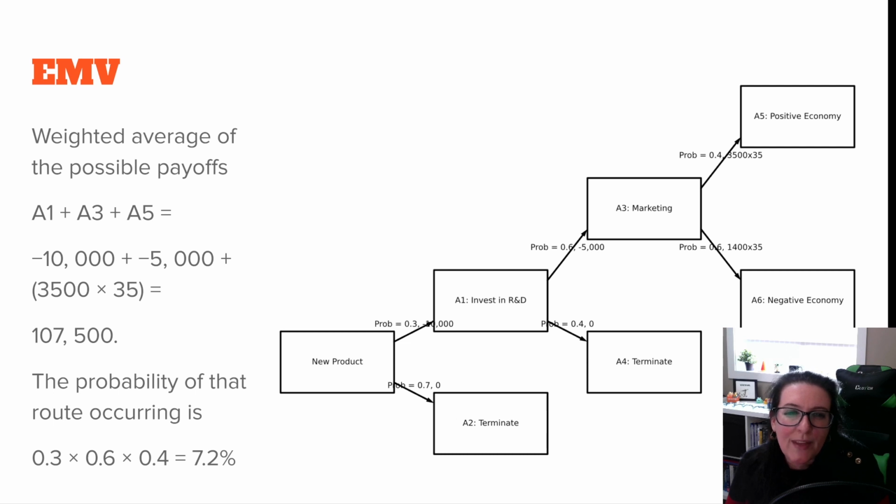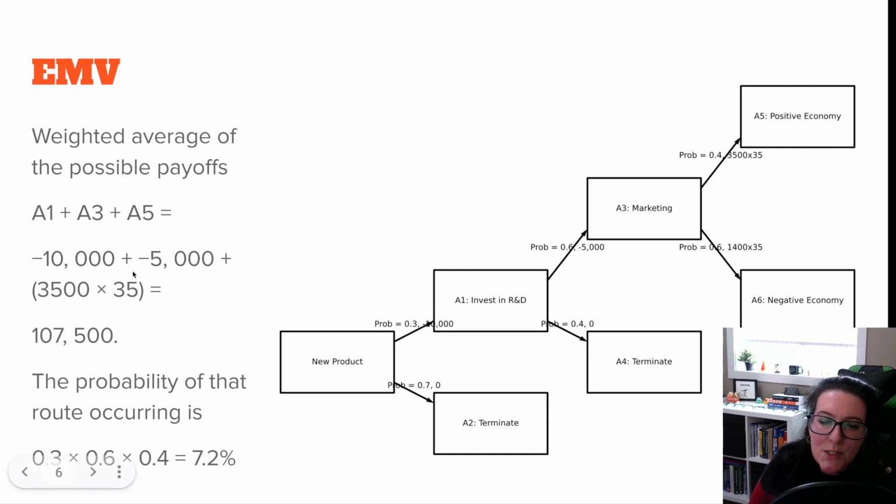For example, the A1 to A3 to A5 route. So we invest in R&D, we do marketing, and it's a positive economy. Then in that case, we have invested $10,000 plus the $5,000 for the marketing campaign, so we have spent negative $15,000. And then when we go to sell it in a positive economy, we will get 3,500 times 35. So when you combine these three, negative 10,000 plus negative 5,000 plus 3,500 times 35, the money we would make from that route is